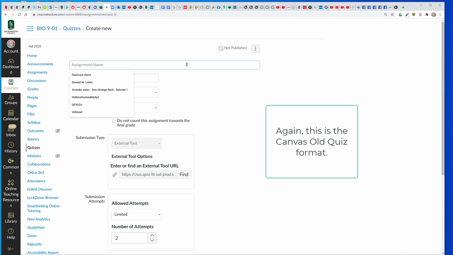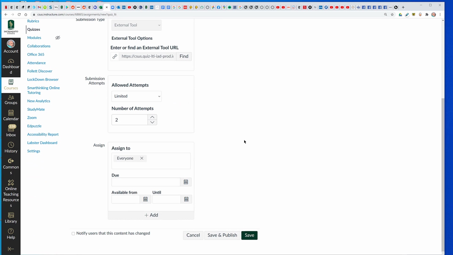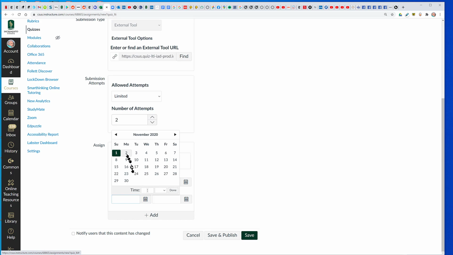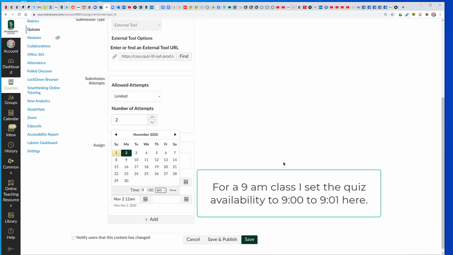So you'll go in and you'll put in the quiz name. You will have to do this again in New Quiz. That's just the way it is with this new setup with New Quiz put on top of the old quiz. I put in the number of attempts is 2. So now put in the date and the time. Be sure to click Done